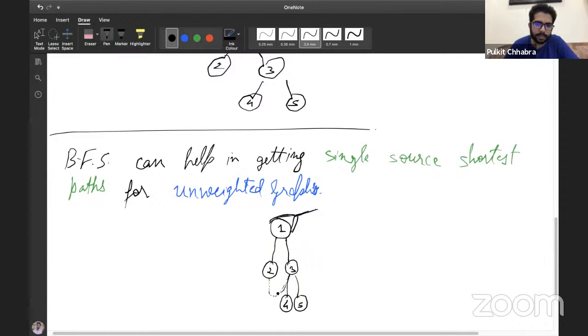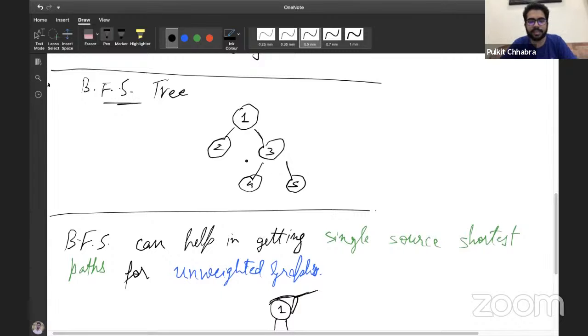So the string connecting 2 and 3 would have loosened, and the other strings would be tight, right? When I'm applying BFS, I'm doing something very similar to this. Some strings will be tightened, some strings will be loosened. Through this tree, I'm just trying to show you some of the edges which are not loosened, which are tightened.